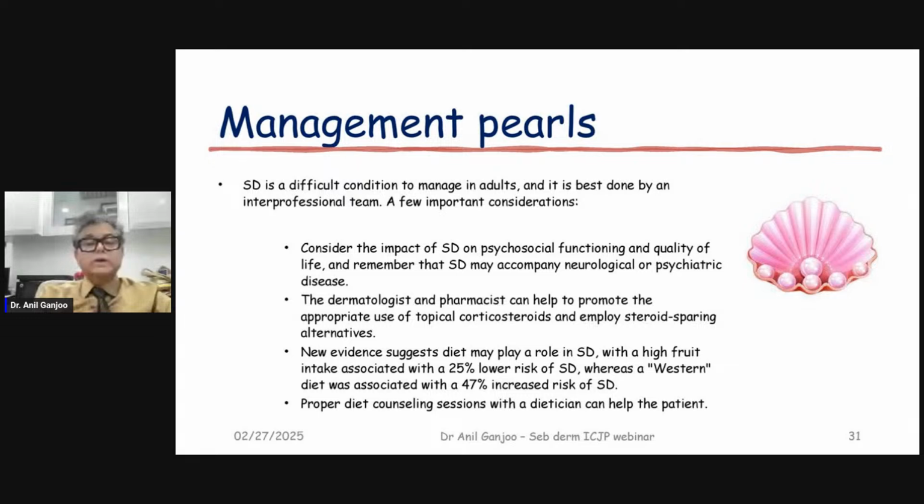Diet is important, so counsel them to take a healthy diet which is low on junk and high in fruit, high in vegetable. A high green diet is associated with a 25% lower risk of seborrheic dermatitis, and western diets can be associated with up to 25% increase in the risk of seborrheic dermatitis. So proper diet consultation is also very important. Therefore, friends, seborrheic dermatitis may look simple but can be complex sometimes. And although you as physicians